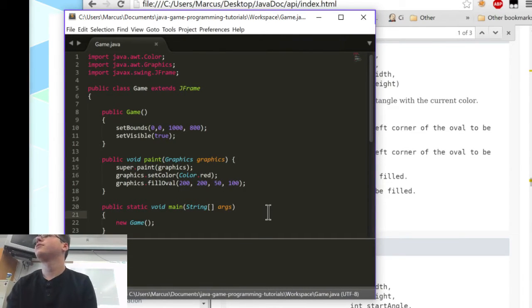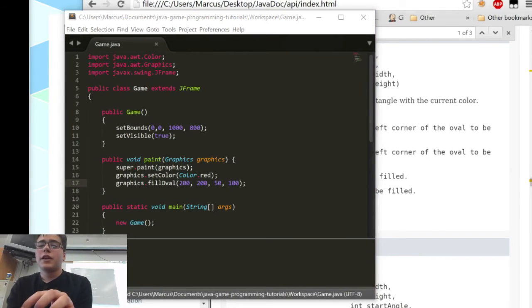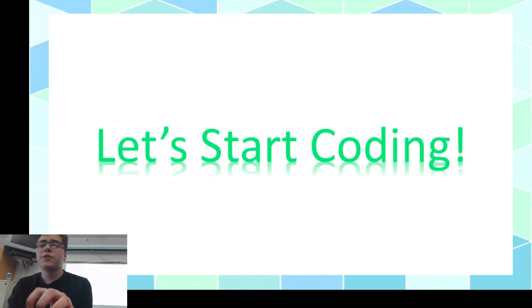What was your question? Or are you just stretching? Just stretching here. So yeah, you can fill ovals, you can fill rectangles. Fill rect is the name because they like to cut everything off. So yeah, there we go, and that's drawing. But unfortunately, painting. This is kind of what you did in VB. You just painted stuff to the screen.